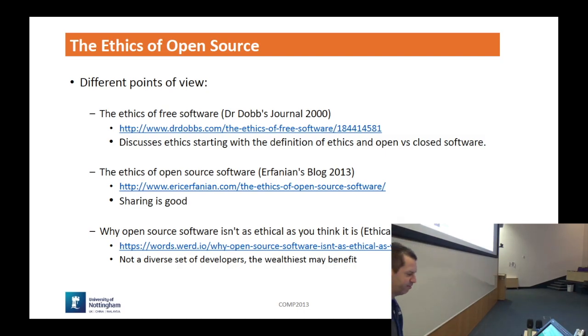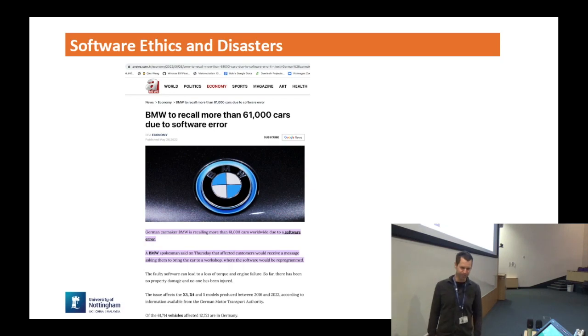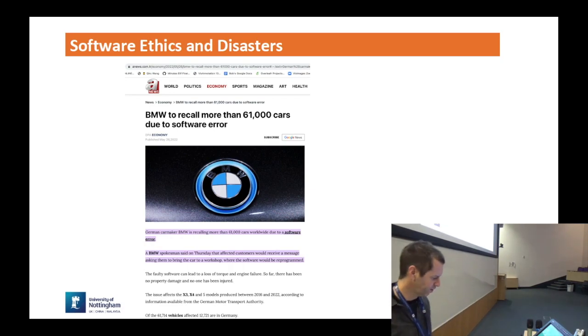And there are some ethical considerations, right? This isn't just one article that I was thinking about. Did anybody remember this? This isn't from that long ago. BMW recalling 61,000 cars due to a software error. That's not going to be open source software. I don't know if anybody remembers this story, but there was some controversy surrounding it. Like, if the development was open source, then this error wouldn't have happened.